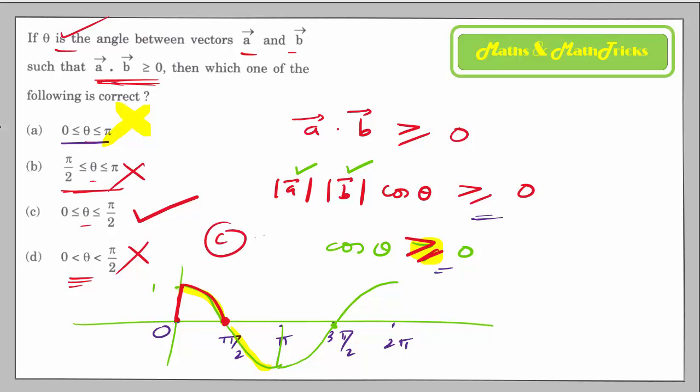And this was a question related to, I would say, trigonometry, where you should be aware of the cos theta graph to predict what this statement means. Cos theta greater than or equal to 0 means the possible theta range as per the options is 0 to pi by 2. Again, after 3 pi by 2, it's increasing, 0 to 1, like that. So there are many, but from the options you can easily get the one where cos theta is greater than or equal to 0.